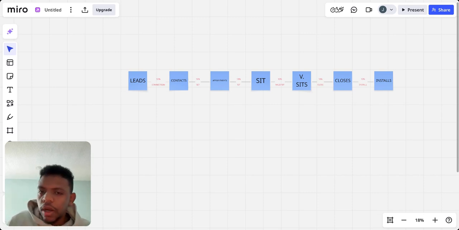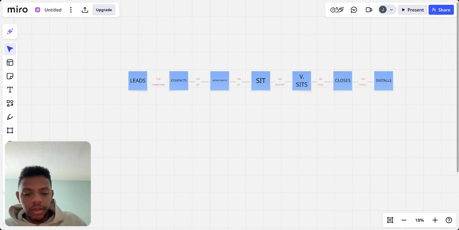And again, there's follow up, right? There's valid sits that don't turn into closes. Those are going to a follow up file. Okay, these sits were valid, but they haven't been closed. What can we do to make them close? And if they are just a dead lead or lost close, then we just put them into a lost close,